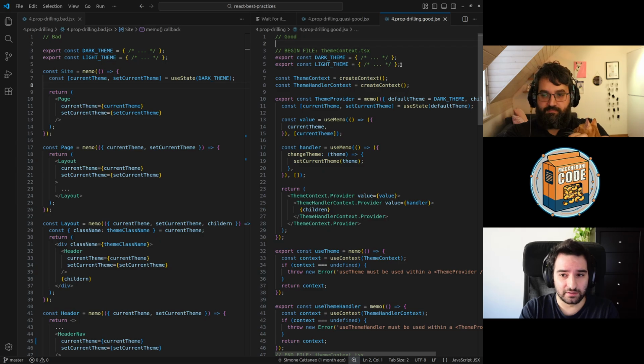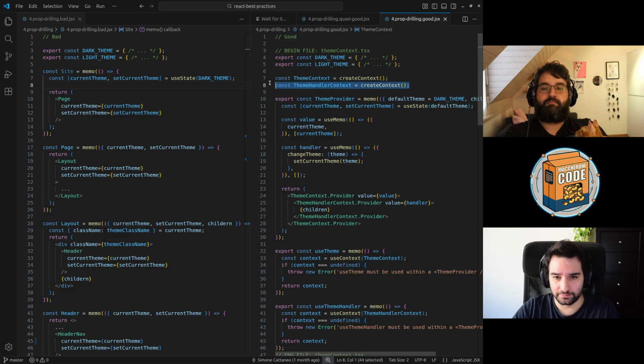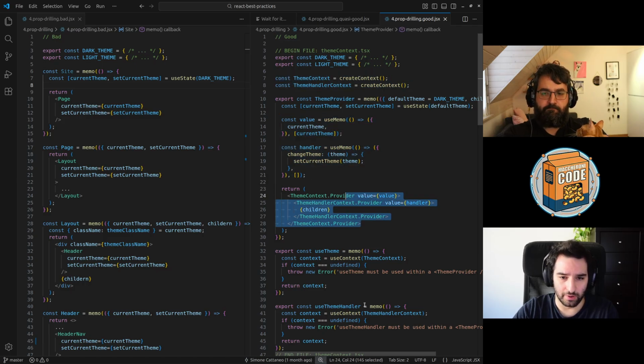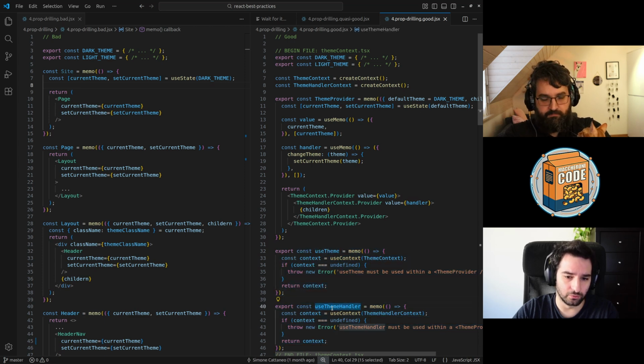Considering that the render happens when the value passed to a React context provider changes, the simple solution, as you can see, is to duplicate the main context. Here you have the duplication, and you obviously have the useTeam and a new useTeamHandler to allow access to the team handler context.